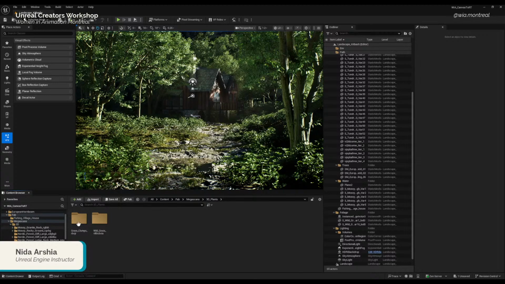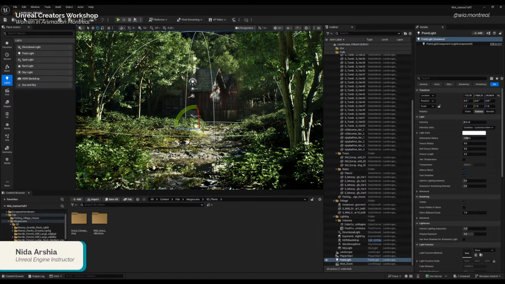So the assets are going to be here. I hope that makes sense. Okay, now let's say I'm going to add a point light.